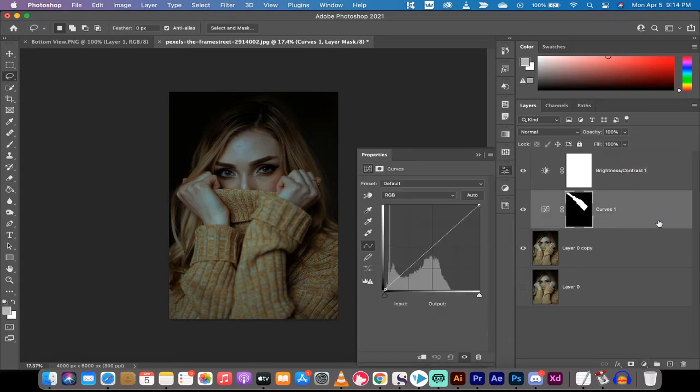Left click on curves, and you're going to see this here, and nothing has happened yet because we haven't adjusted the curve. Let's go ahead and take the curve to the left up here. Now you're going to see that it's getting brighter, and obviously this doesn't look right because it looks very, very high contrast, and it's quite jarring. And I'm going to go ahead and brighten it quite a bit, again, to show you the technique. You can always change this whatever way you see fit, but this is the way that I'm going to do